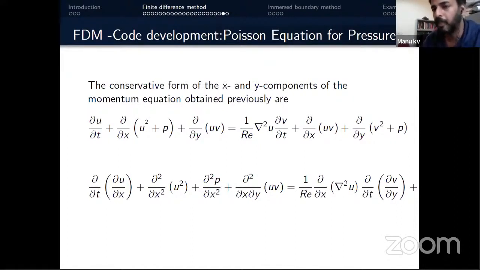Okay, so what we are trying to solve are U and V and pressure. If we look at a two-dimensional problem, we have to look at the X component, the Y component, and their relation with pressure. The rest of the things are fluid properties. From the physics point of view, there is no pressure term in the conservation of mass. So to get an expression for pressure, we have to use the conservation of mass equation together with the Navier-Stokes equation, which we can try to solve for incompressible flow.